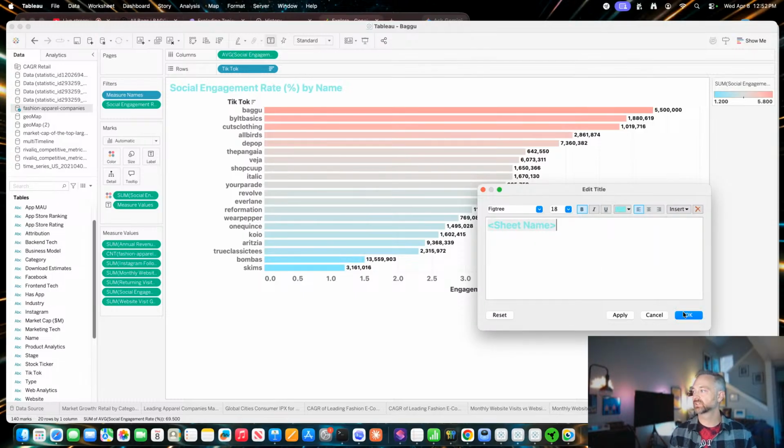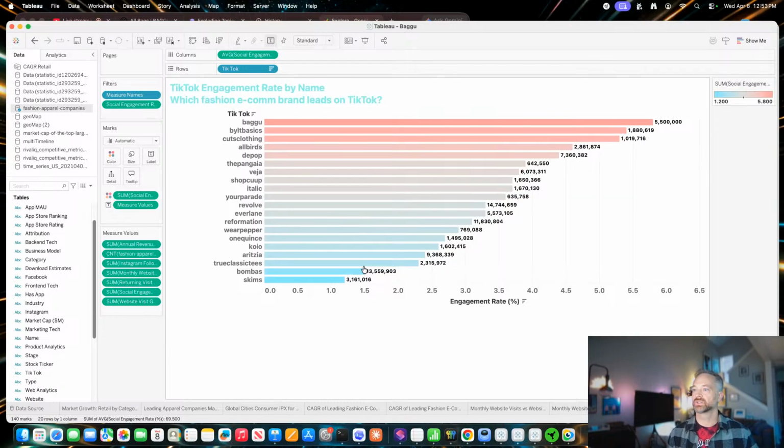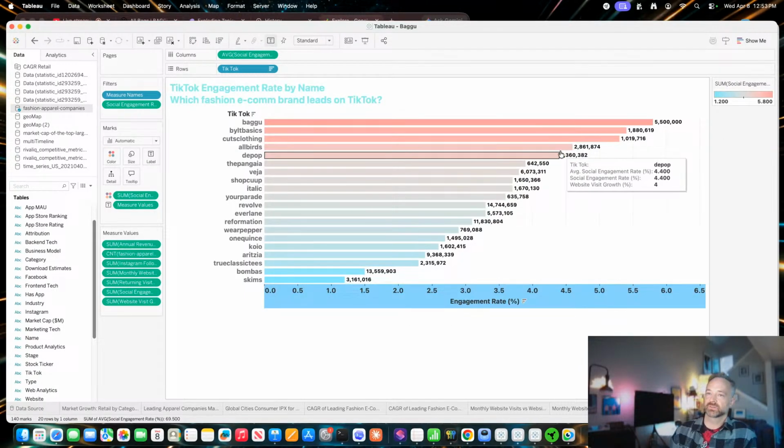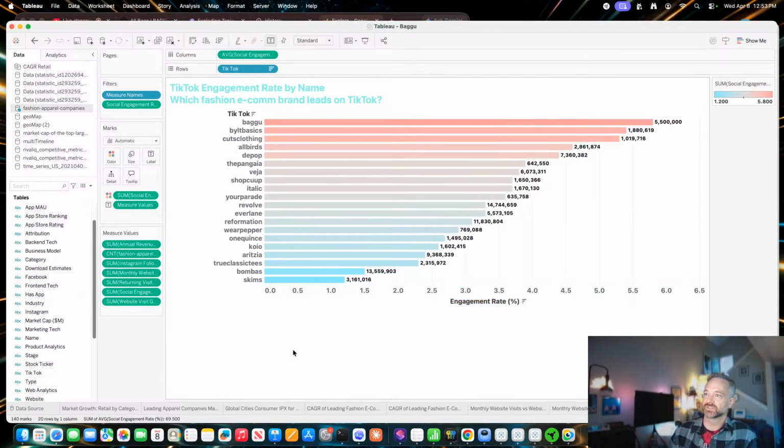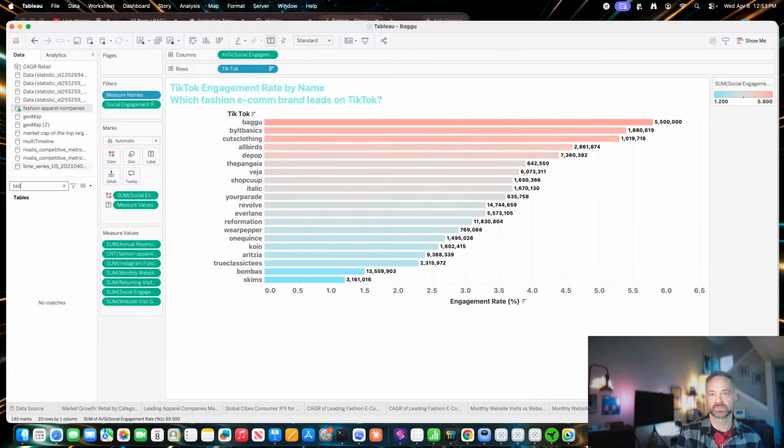So, okay. Which fashion e-com brand leads on TikTok? And the answer to that's pretty obvious. And so this one does both the length of the bar, the label, and the color as the engagement rates. That's one way to do it. Let's see what we have with